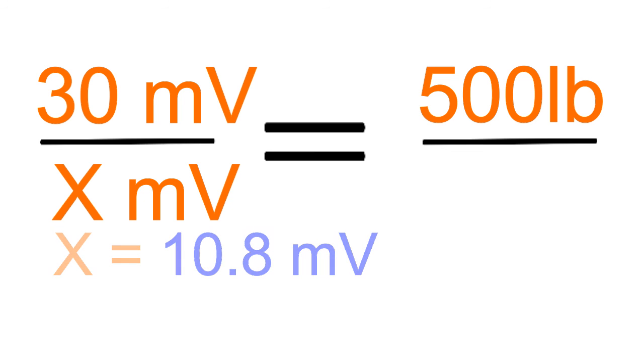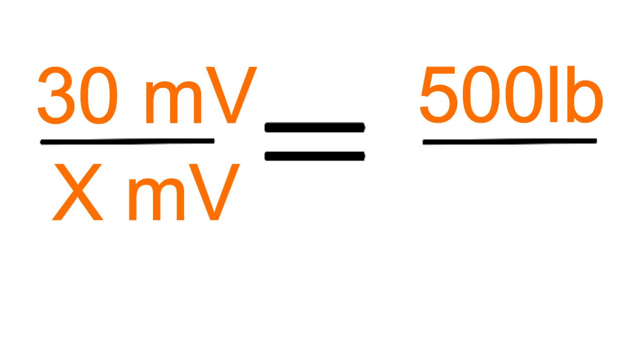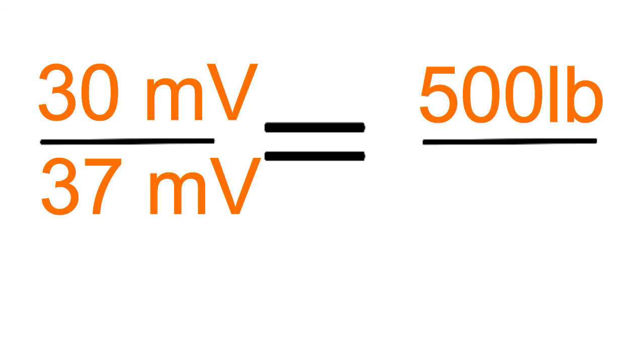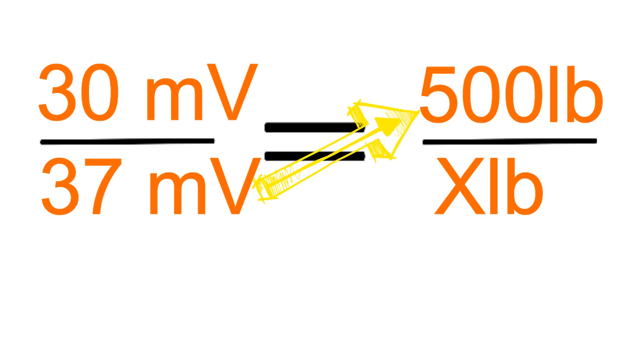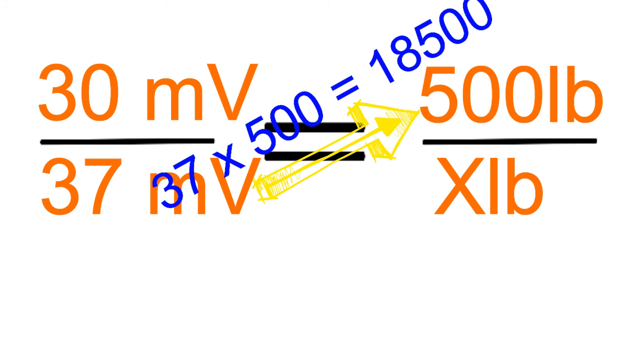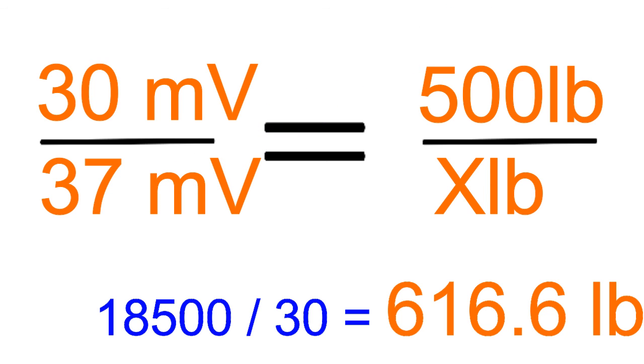Let's put an unknown amount of weight on the load cell and figure out how much it weighs by measuring the millivoltage. For a millivolt reading, we have 37 millivolts. Left side is our millivolt side, so 37 goes in the denominator. Now we solve for weight. Two real values across from each other are 37 and 500. 37 times 500 is 18,500. 18,500 divided by our remaining value, 30, is